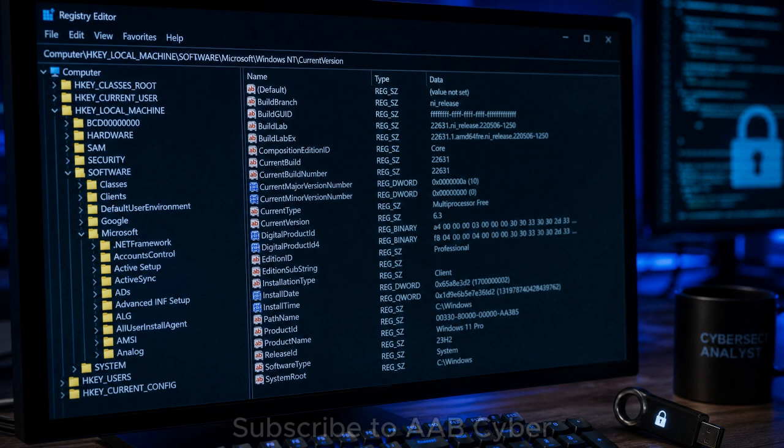REG_BINARY is raw binary data. And REG_MULTI_SZ stores a list of several text strings at once. So why does any of this matter if you're heading into security rather than IT support? 3 reasons. 1. Persistence. 2 keys in particular,